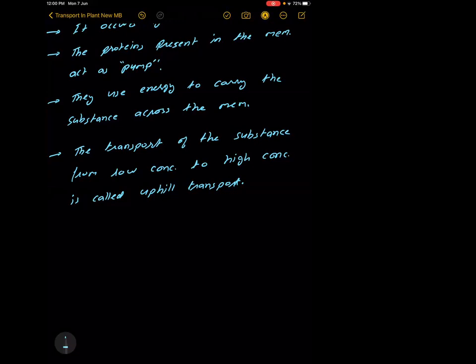Sir, it is against concentration gradient. Means what? Generally, concentration gradient means the movement occurs from higher concentration to low concentration. This difference is generally permissible, and passively you can move the molecule. That is concentration gradient. But against the concentration gradient means from low to high. You are pulling some material from low to high by using energy.